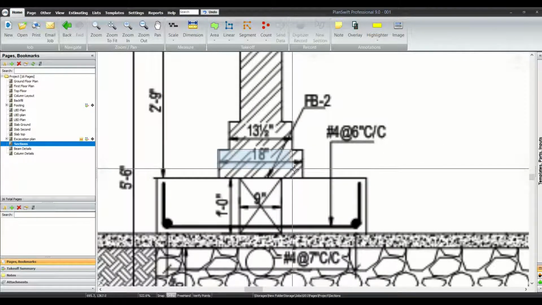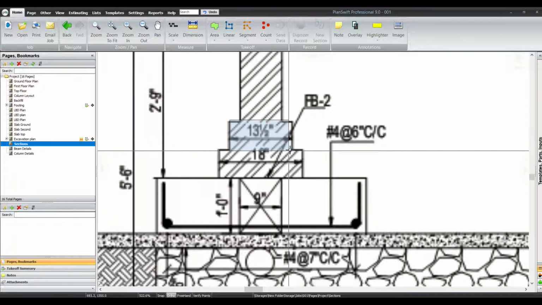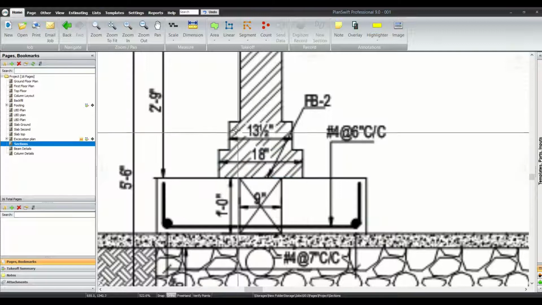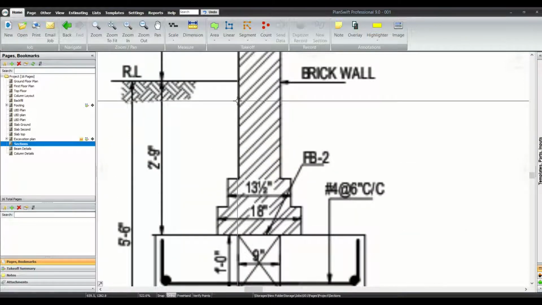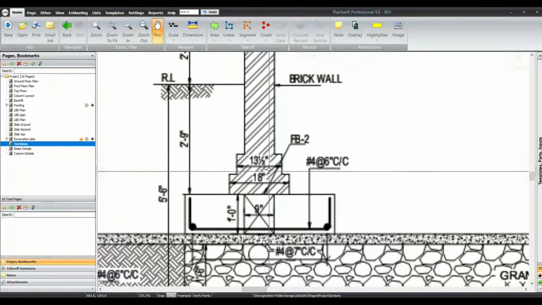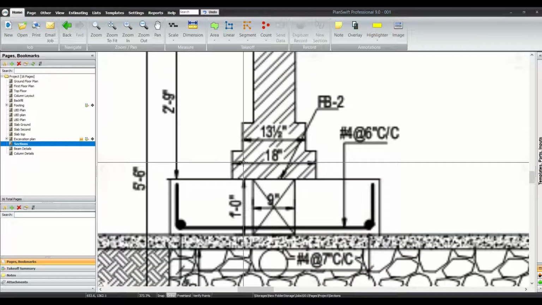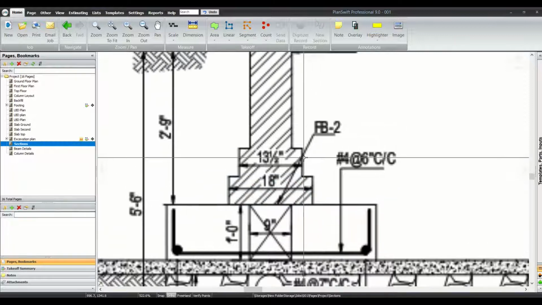We all know this is how we form the footing of the brick masonry, with 2 different steps. One is 18 inches wide, the other is 13.5 inches wide, and above we have 9 inch wide brick masonry. So we are going to mark the linear feet of the masonry of different widths, and then calculate its quantity.